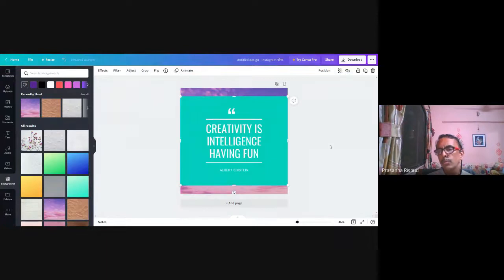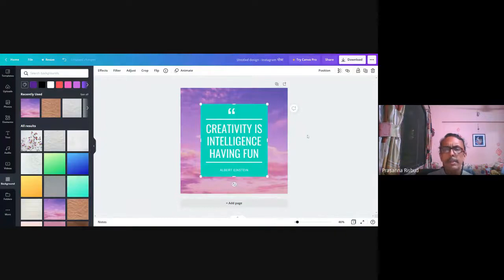Now, if you want to cut the image, make it smaller in size, from the center, you can crop the image. If you feel that there is empty space here, you don't want that empty space, remove it. You can crop this image also. Fine, very well. Now this is done. Now this looks good to me.